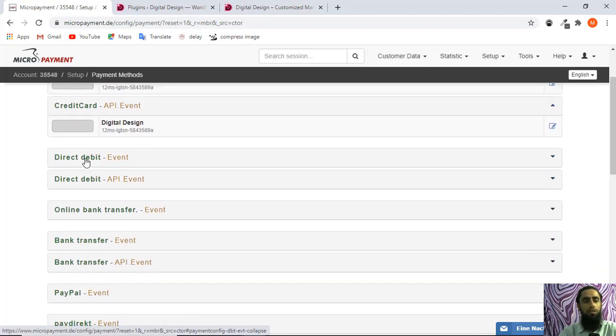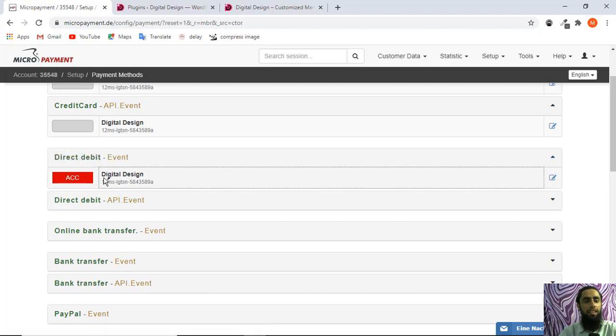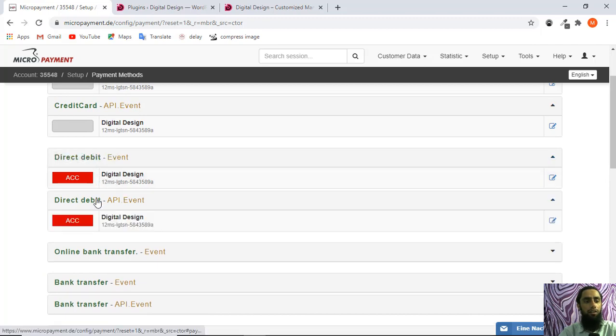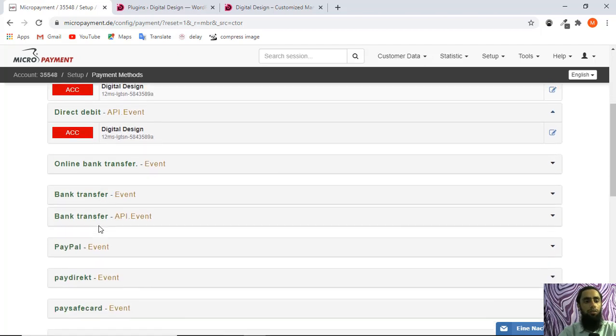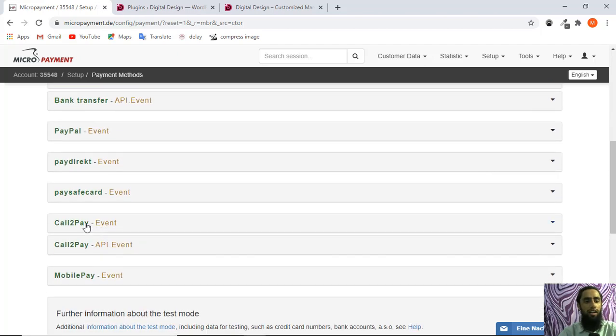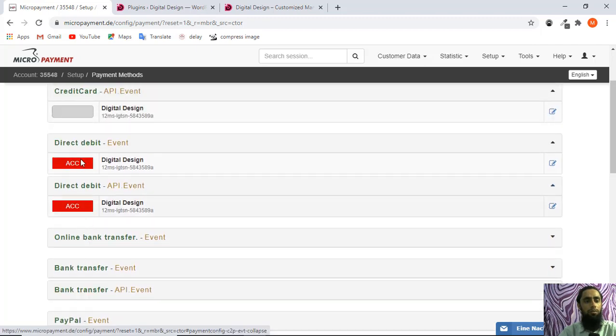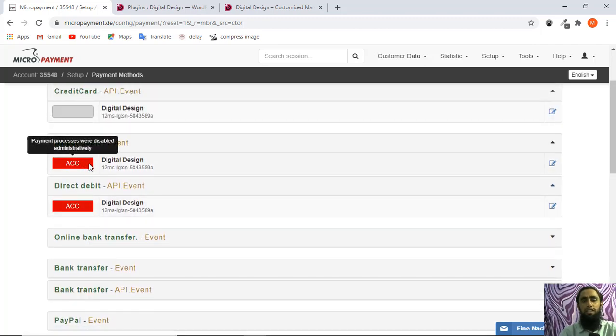If you look at direct debit, and click on it, you will get a green option. That represents that this account is eligible, I mean, that it would be acceptable. If you look at the others, here we have a few problems because of which this is showing this specific status.